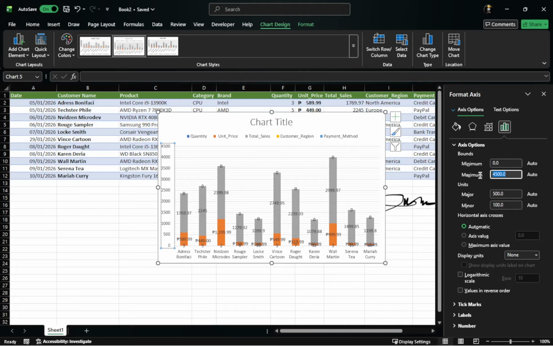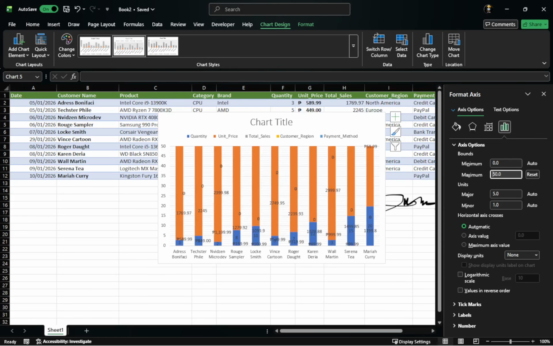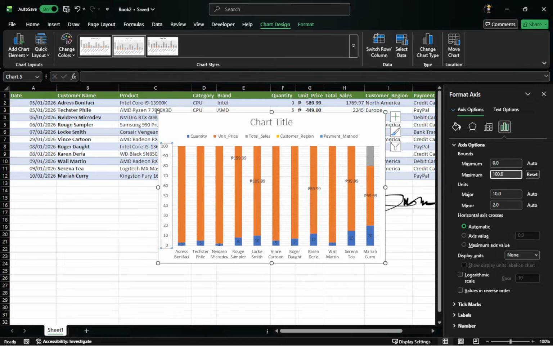You will see the chart rescale so that the tallest point now reaches 50 instead of 100, which can make small changes easier to see. Excel normally uses automatic values for these boxes, but you can replace them with your own minimum and maximum values. When you type a number, the small auto option usually turns off, and Excel follows exactly what you entered. If the chart looks squashed or stretched after a change, you can come back to these same boxes and adjust the numbers again until the graph looks clear.